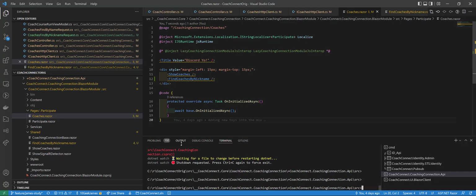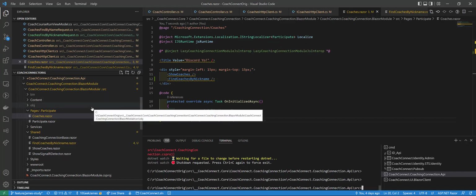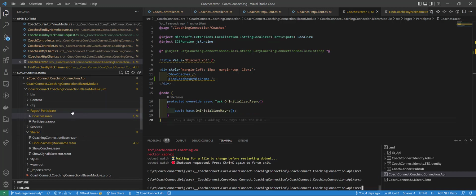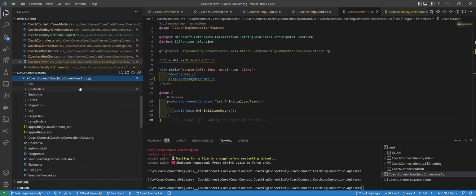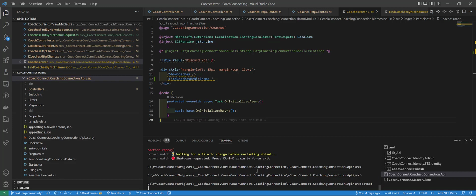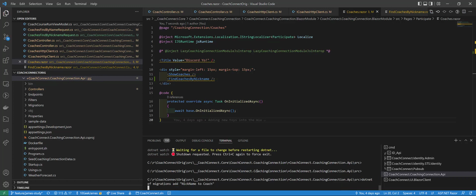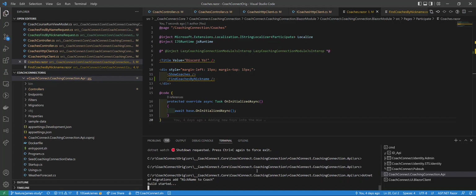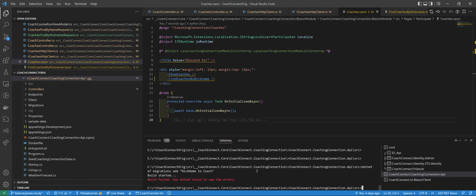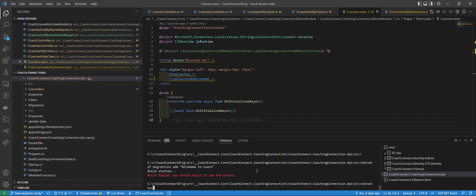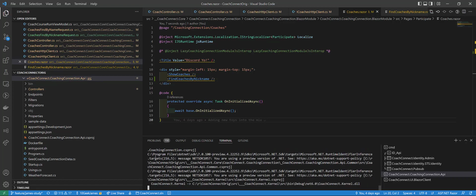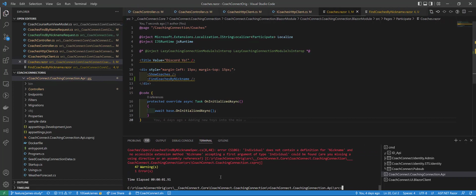Fair enough. The database wants to know about our new change. I believe we were doing migrations already, so we should be able to say .NET EF migrations add nickname to coach. Oh, I upgraded that in. I worked so hard. Oh, good. Didn't work. See what we got going on here.